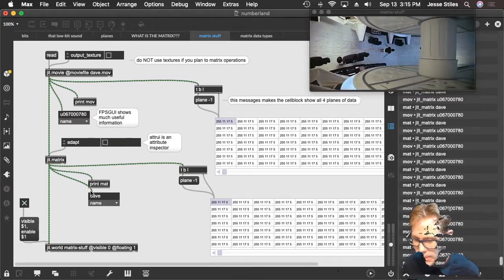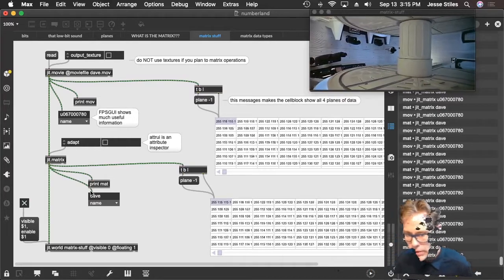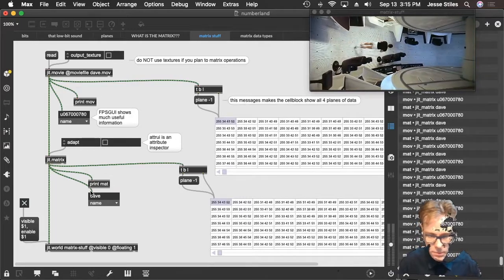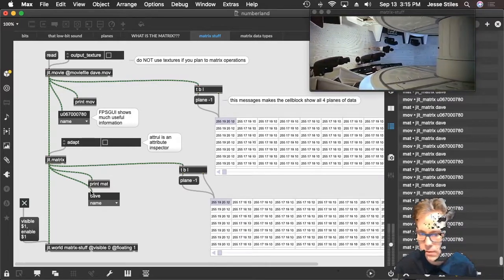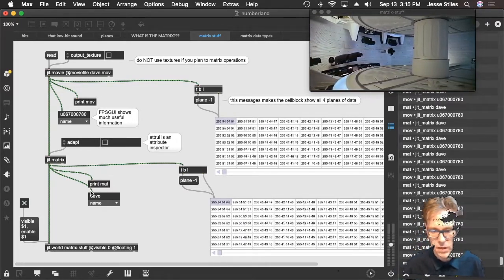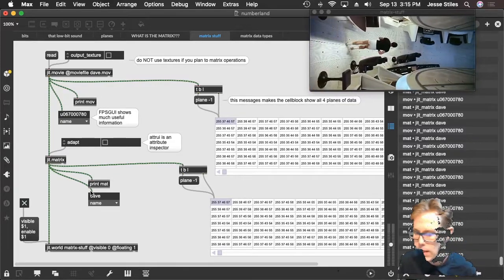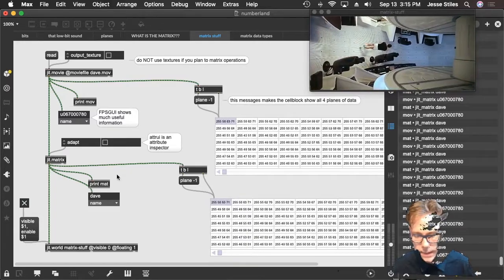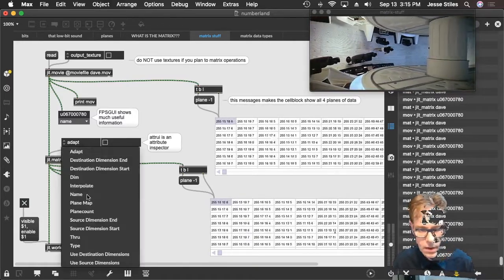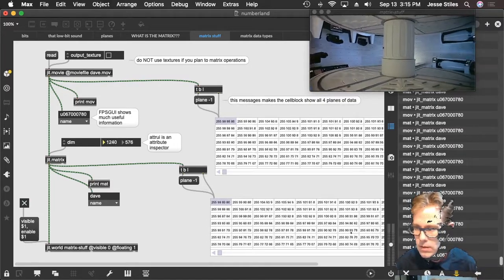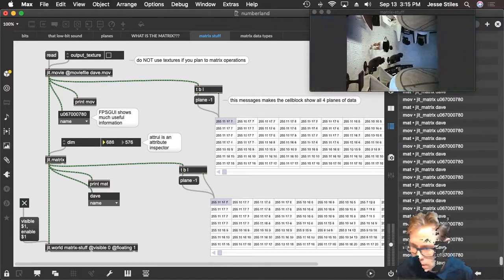So when adapt is set to 1, the matrix is going to resize itself to match the incoming signal. So the dimensions of this matrix were being set by the matrix that comes into it if adapt is set to 1. But with adapt set to 0, I can now go to my dimensions